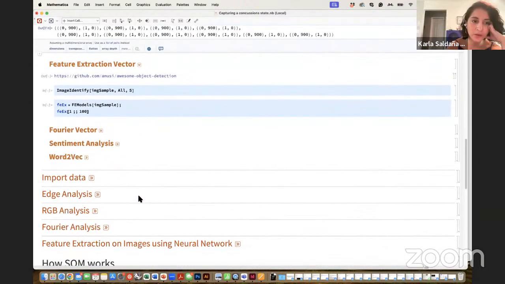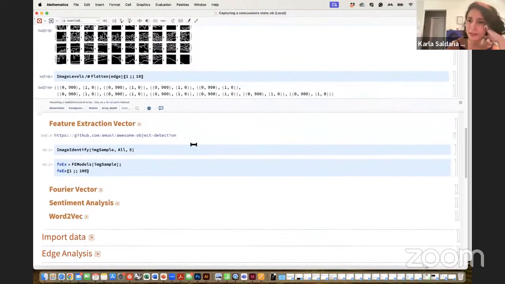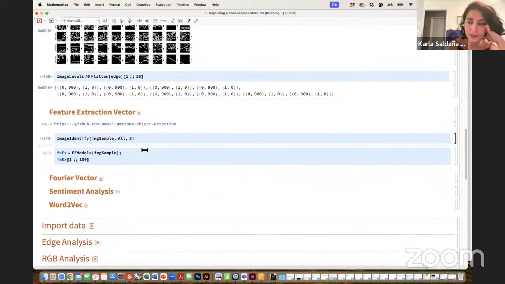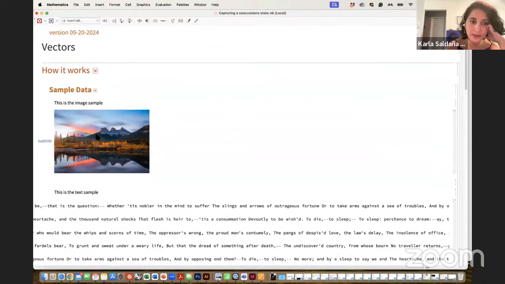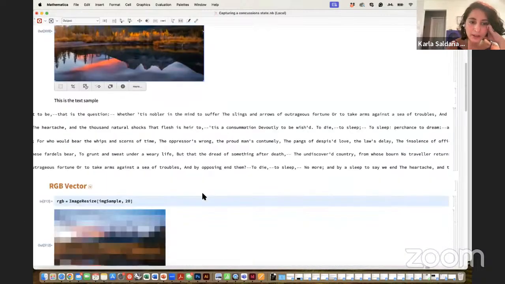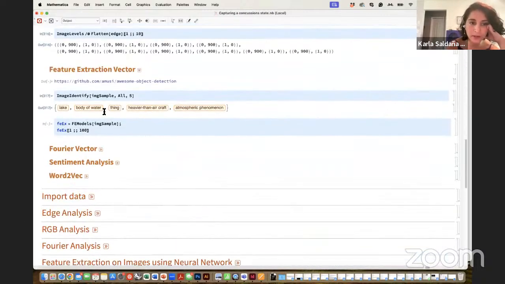We can also do it through a much more complex model. This is using VGGNet. I'm going to run this, and it may take a little bit of time, but here it's doing an object classification. It's telling us that in this image, what I'm looking at is a lake, a body of water, a heavier-than-air craft, and an atmospheric phenomenon.